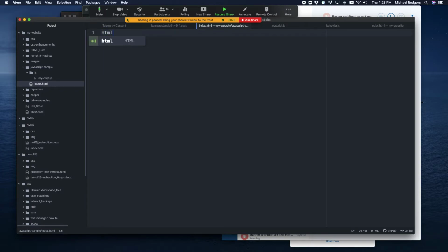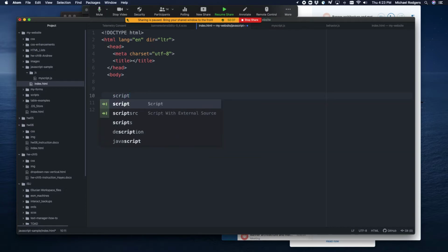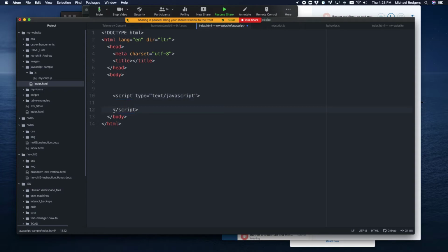Okay. We'll go to our index.html. We'll allow Atom to generate the code for us. And as I promised, good practice, we're going to put our script at the bottom. So we're going to type script, hit enter, and you'll notice a couple of things here. Atom gives you the option to either make it embedded or not. We're going to link to an external script, okay? The other thing that Atom does,